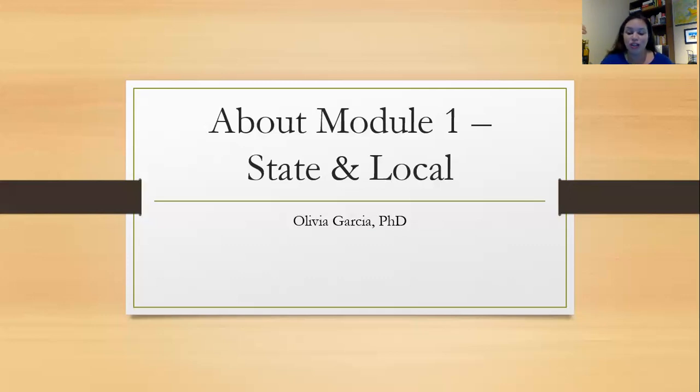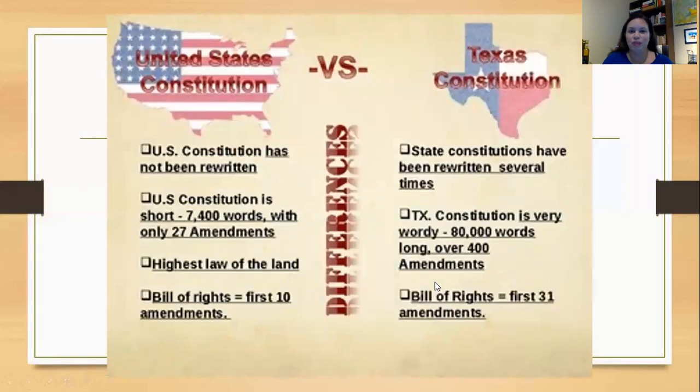It makes reference to libel, which is a false statement that you can make of someone that might cause harm, and the United States Constitution does not. The Texas Constitution also makes reference to freedom of worship, which includes God in the preamble, and it mentions the importance to hunt and fish and harvest wildlife. So those are important to keep in mind.